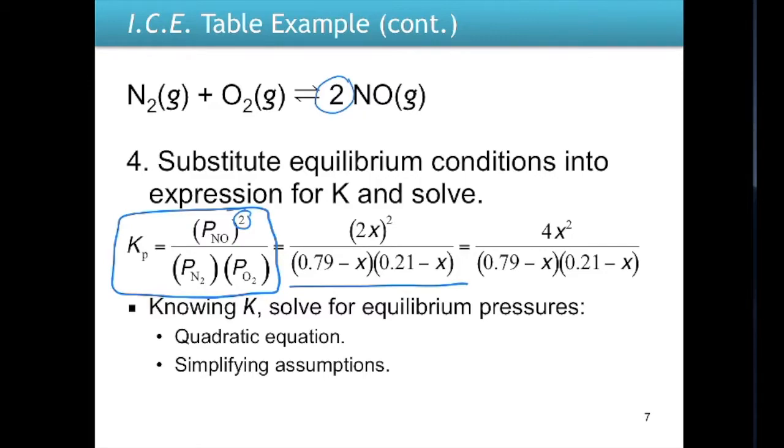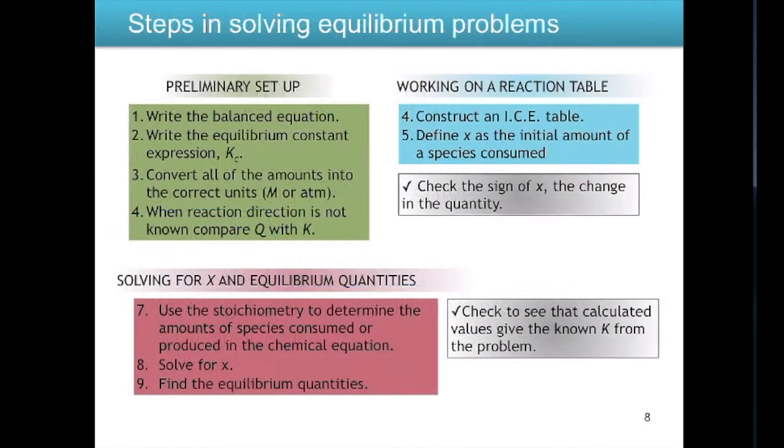Now, there are conditions where we could use what are called simplifying assumptions. And that happens when the value for the equilibrium constant is very small, such that the reaction is very reactant favored. Remember, a small equilibrium constant means the reaction mostly stays with reactants and only very few products are formed. I do have some examples coming up that use the simplifying assumption, and I will further explain it when we get there. So this slide just shows the steps that you have to go through when solving these types of